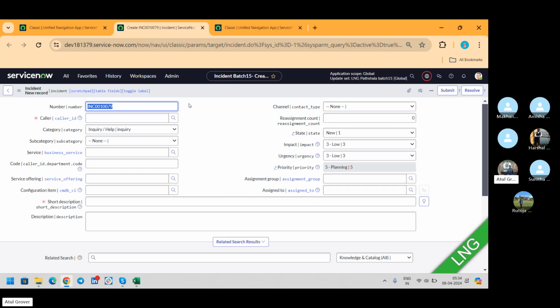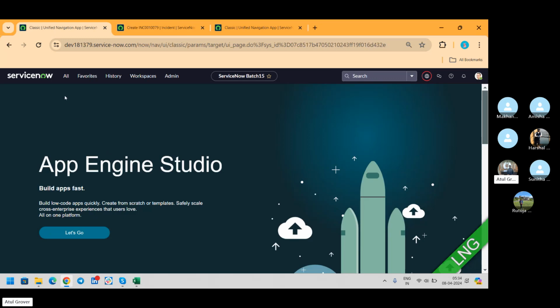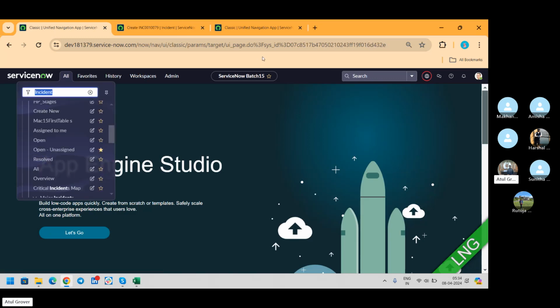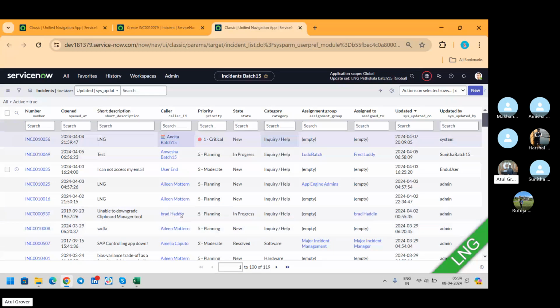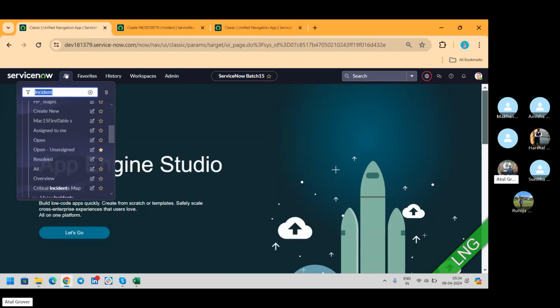Now the question comes, where do these two come from? Is it the English "create new" which is defined somewhere in ServiceNow, or is there some other logic which says that when I click on create new, it should open a form, and when I click on open, it should open a list view? Like if I go here and see